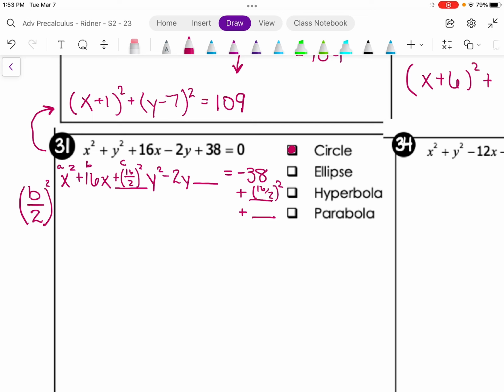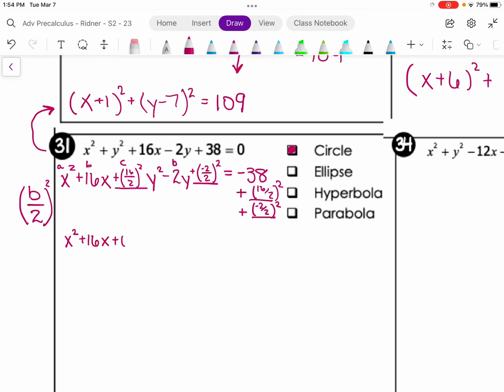And then this time for the y's, this is my b now. So I'm going to add negative 2 over 2 squared to both sides. Eventually, hopefully, you will complete the square enough that you may not have to write it out that simplistically, okay? So that's going to give me